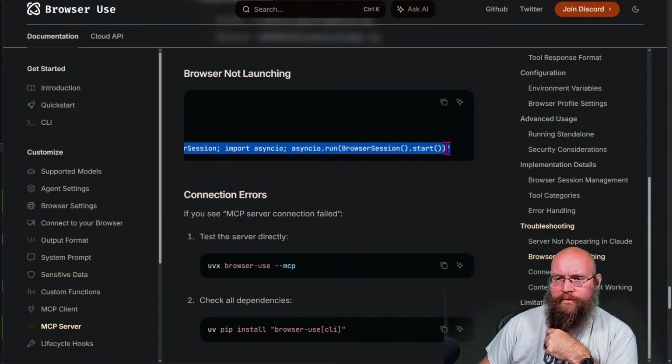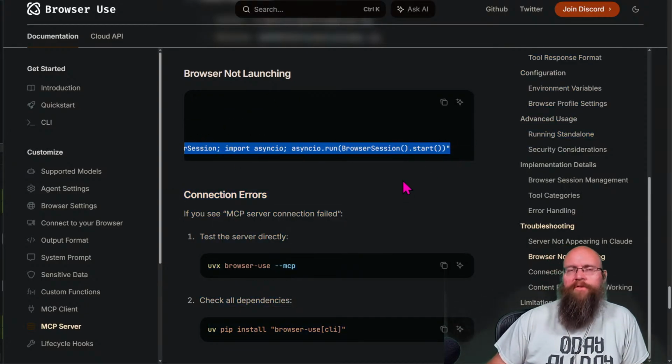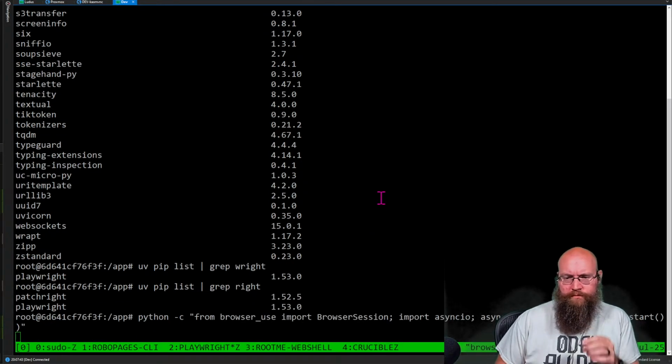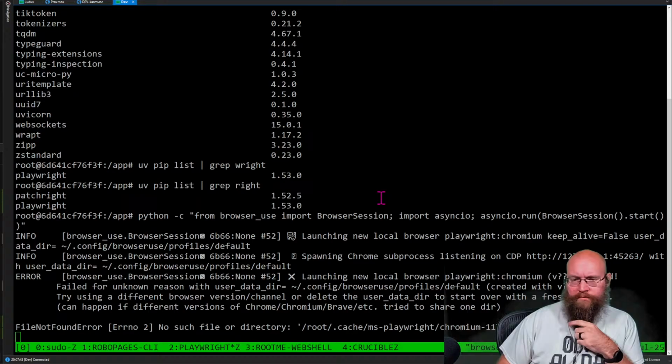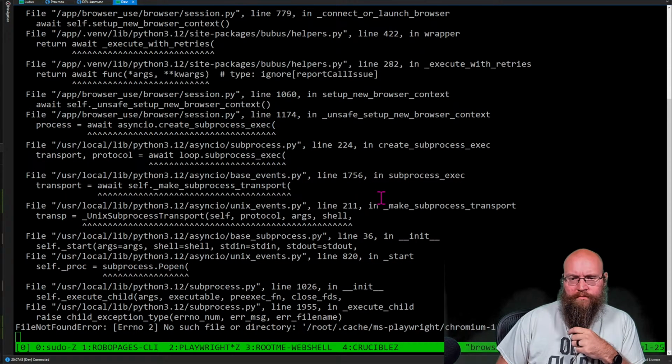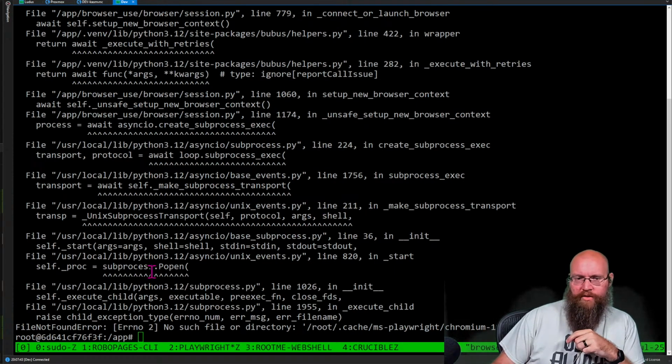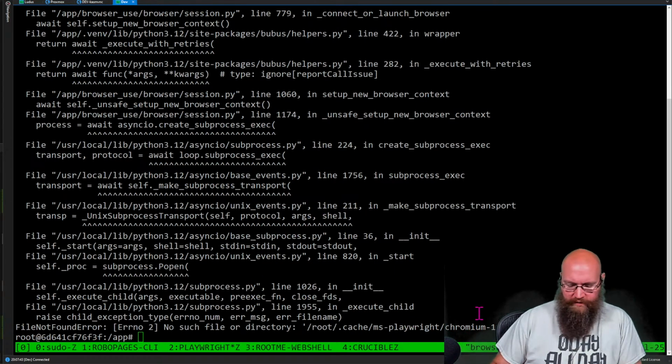Let me go try this real quick. Because we saw this in the Docker file as well. Yeah, so even in here, it's trying to use 11.7.9.